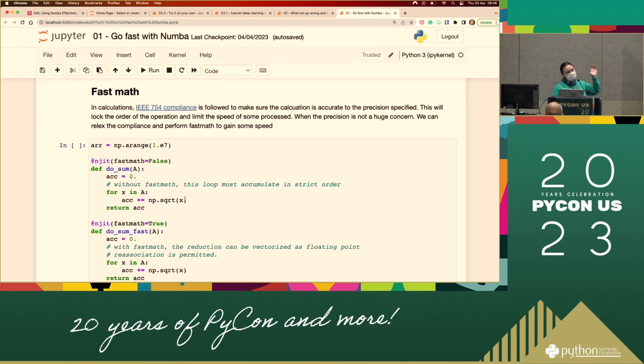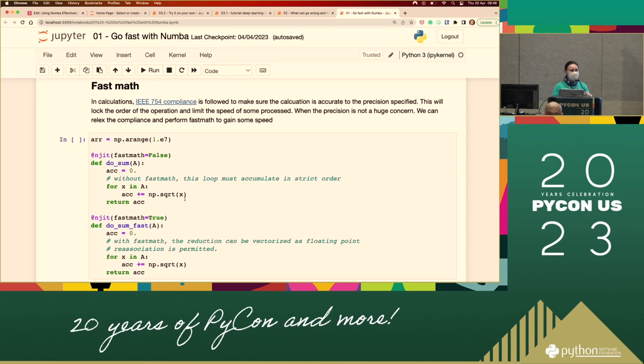So, what is fastmath? This is a case that I see is not used a lot, because a lot of times it's a very, very minor thing, kind of smoothing the edges. Now, what happens is that for this computer, this chip, and how they handle mathematical calculation, there is a compliance that they follow.